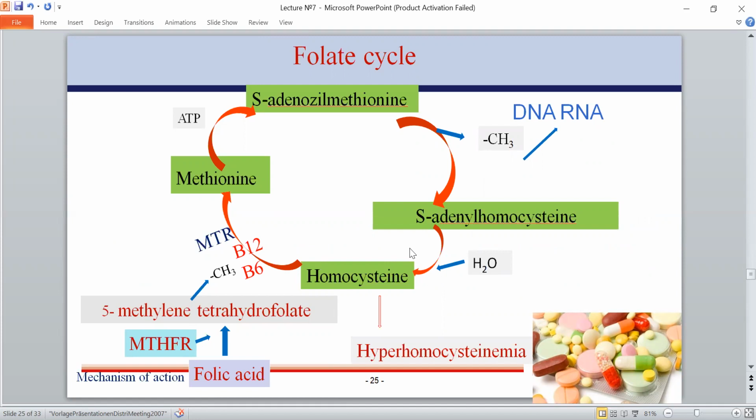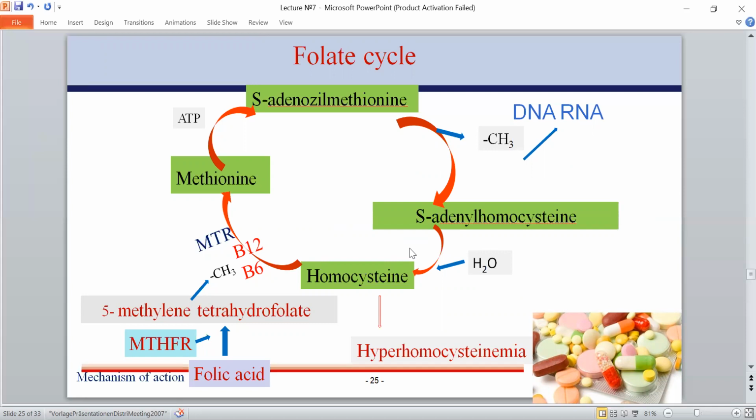Now we discuss the folate cycle. The folate cycle is central in its important function in delivery of one-carbon units to the methionine cycle. Mechanism of action of folic acid: B12 and B6 take part in the folate cycle. What is the folate cycle? The folate cycle starts with homocysteine, taking folic acid, vitamin B12 and vitamin B6 and specific enzymes,